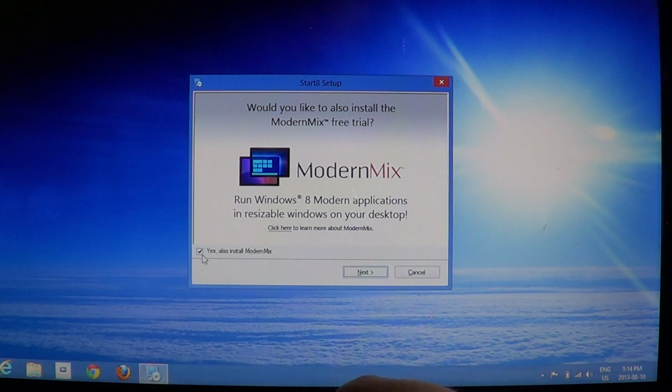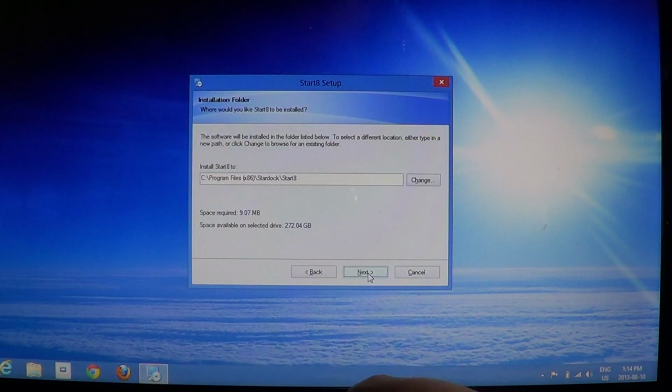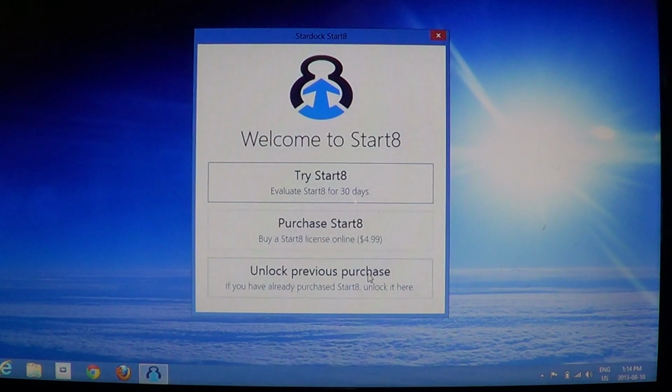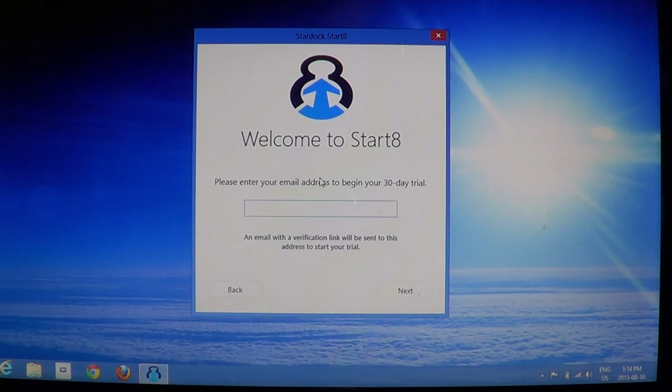and no, we don't want to have Modern Mix. We'll just take Start 8, that's all that we want. And so we go next. It installs quite easily, as you see, and we'll try Start 8,